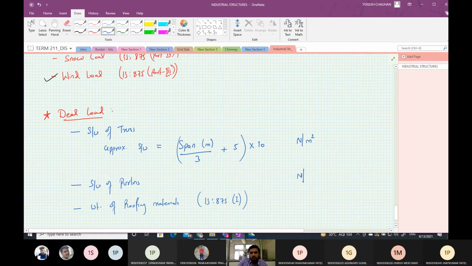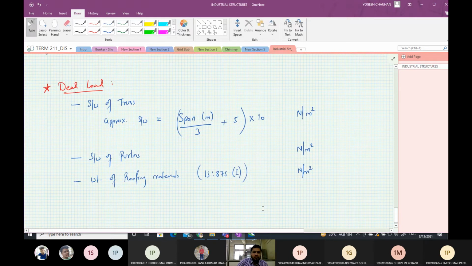We'll find all these loads in Newton per meter square, and the sum of these will be the total dead load on roof truss.